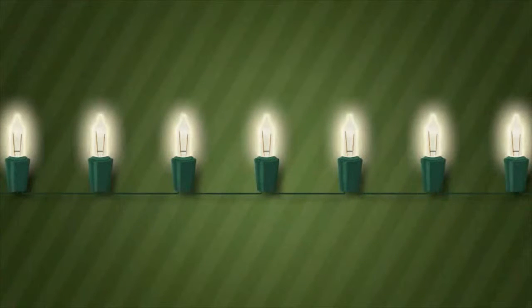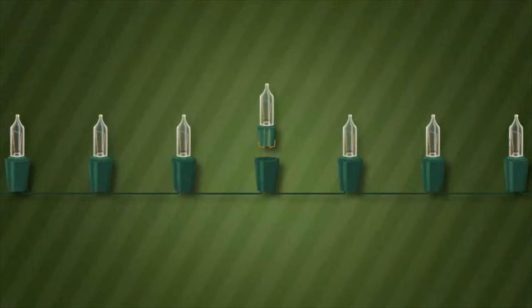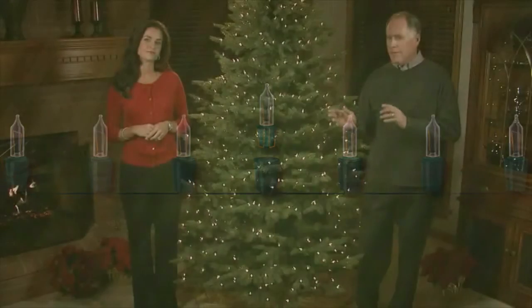The most important thing you can know about Christmas lighting is light sets don't go bad, only light bulbs do. If a light bulb is removed or a wire is cut, the circuit will be broken and the electricity will not be able to reach the other bulbs in the strand. This is why all of the lights on a set will go out if only one bulb is loose, missing,